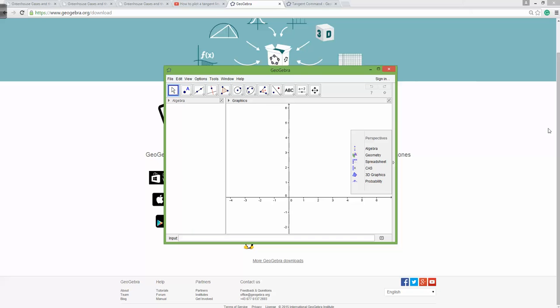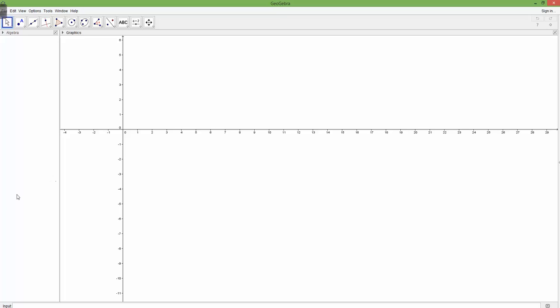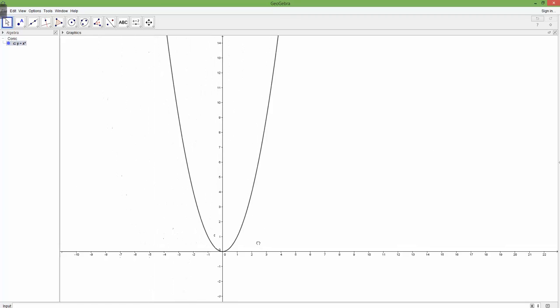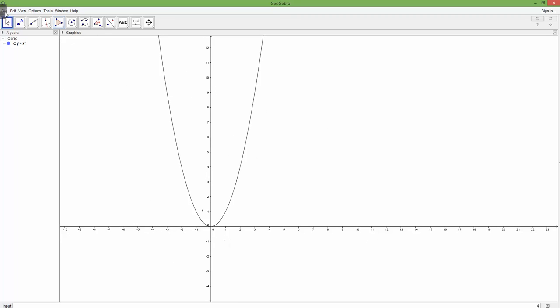Okay, so here's our basic interface, and down here is where we can graph things. Unlike Graphmatica, this particular program allows us to do a lot more geometry work than what that one would allow us to do. Alright, so I'm going to move this a little bit more centered, and what I'm going to do is I'm going to